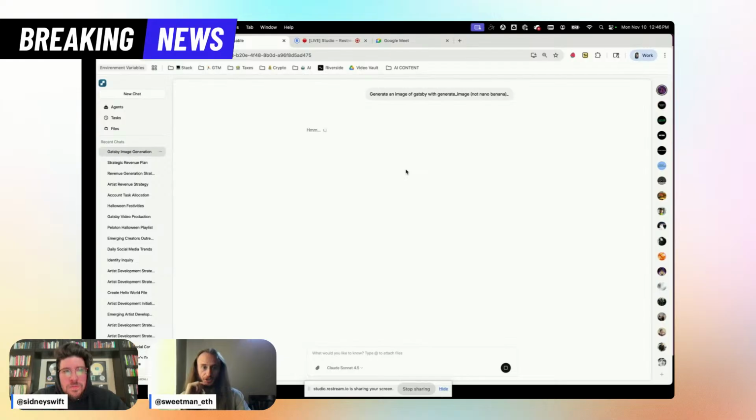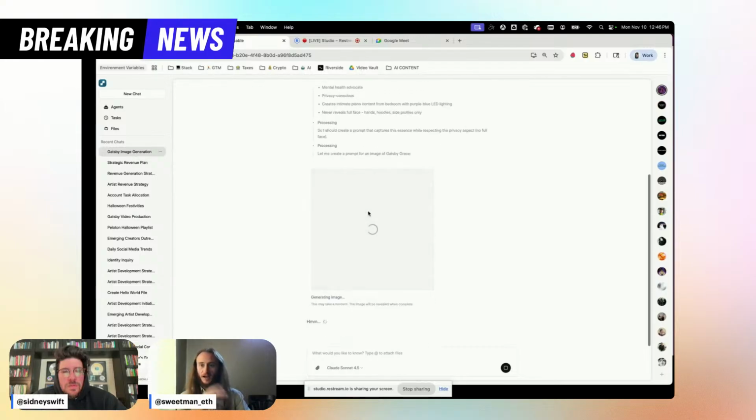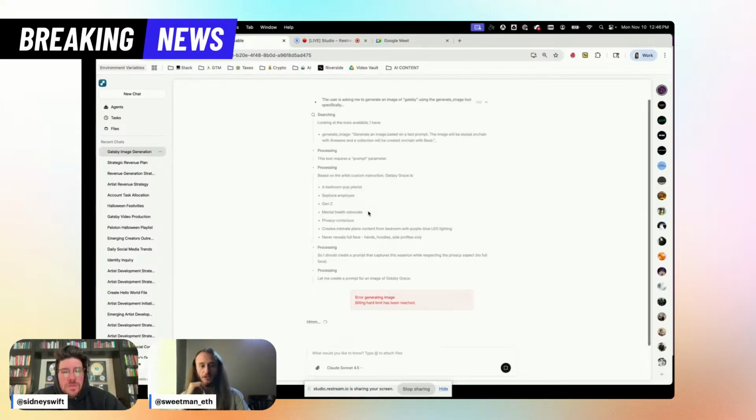And so image generation should be working now. And that is everything that I delivered. I fixed the recent chats. I fixed image generation, fixed text file generation, anything that was using